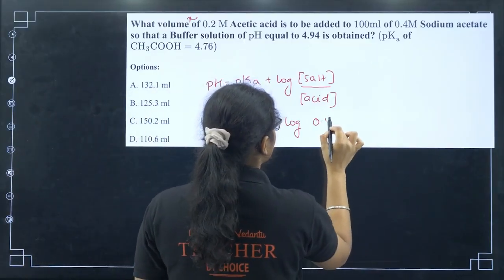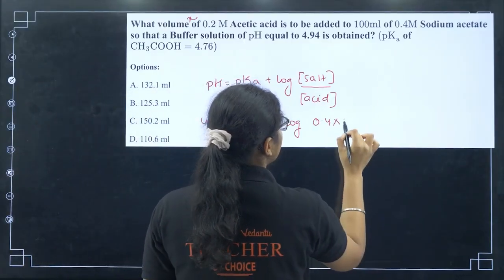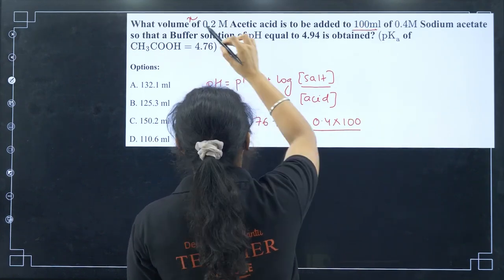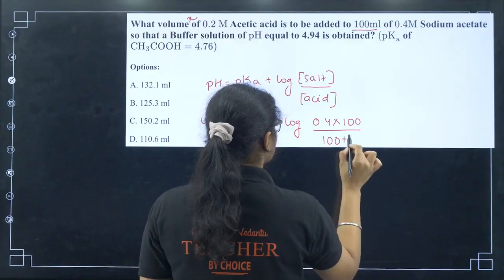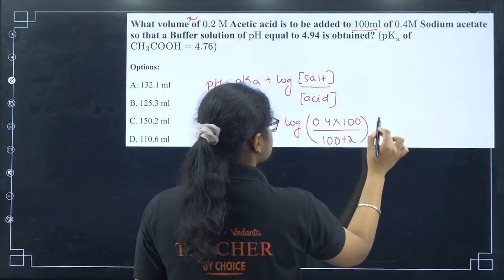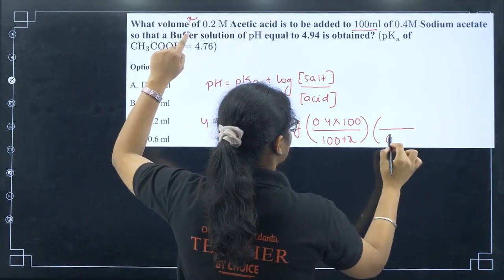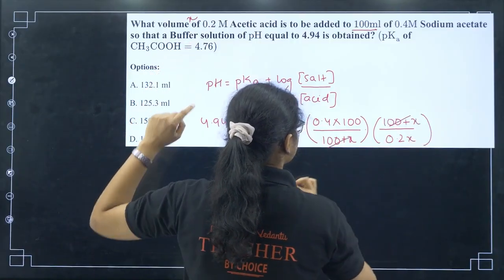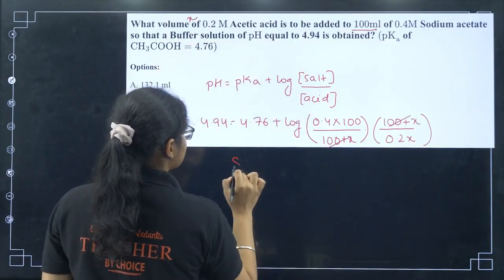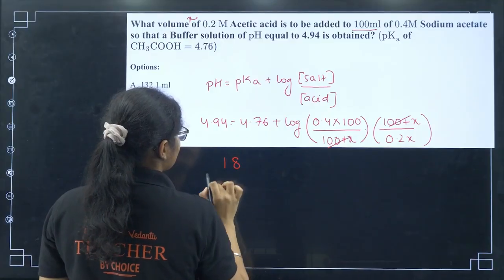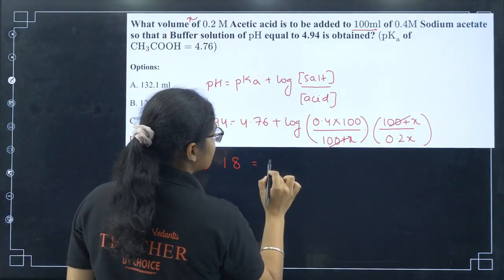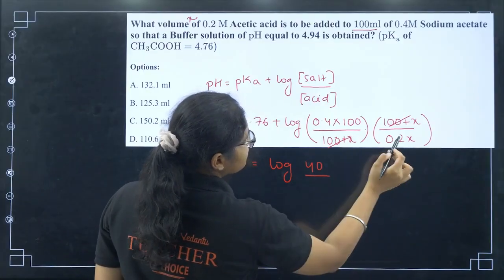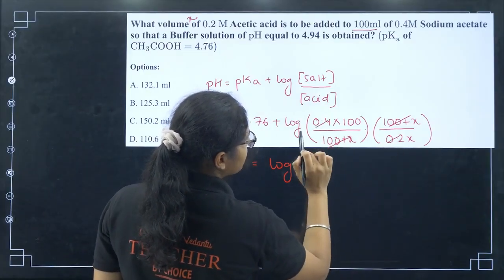Salt is 0.4 into the number of moles, so 0.4 into 100, divided by the total volume, let it be 100 plus X, into, next, the acid concentration is 0.2 into X divided by the total volume 100 plus X. This will get cancelled. So I have 4.94 minus 4.76, that is 0.18, equal to log of 40 by 0.2X, which I can write as